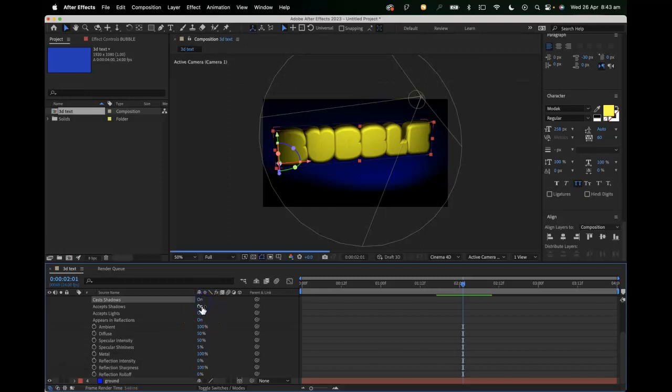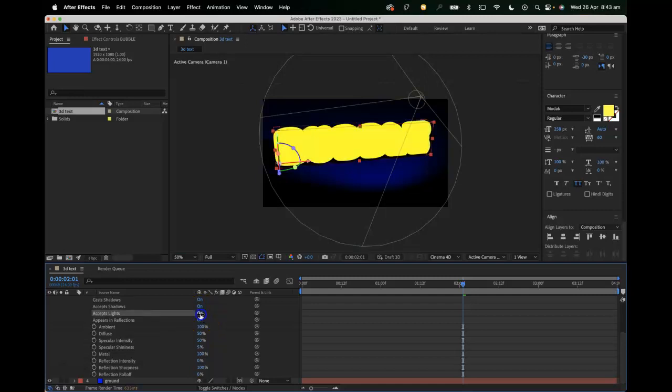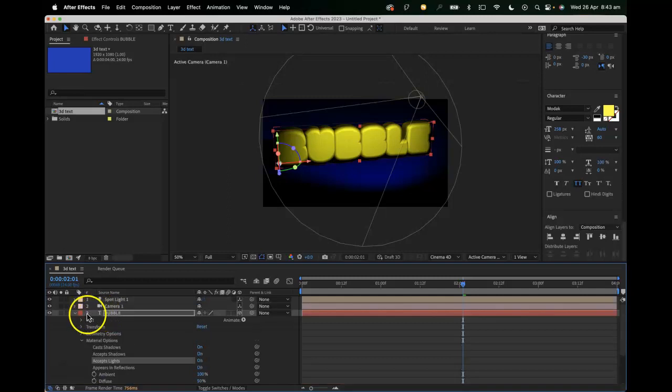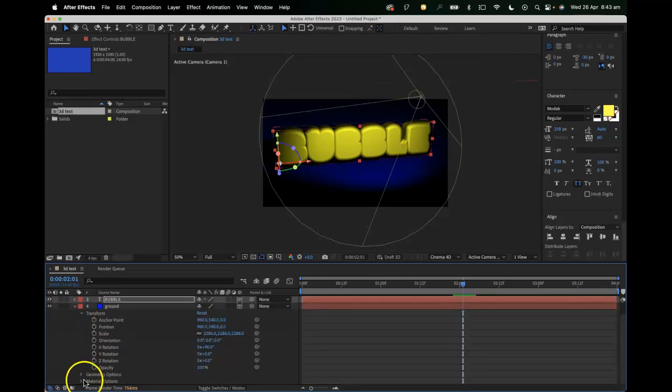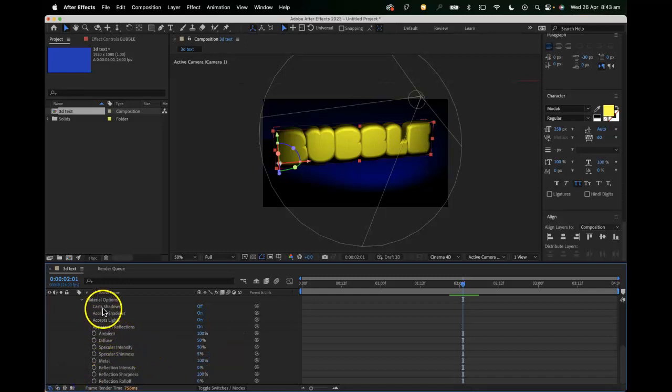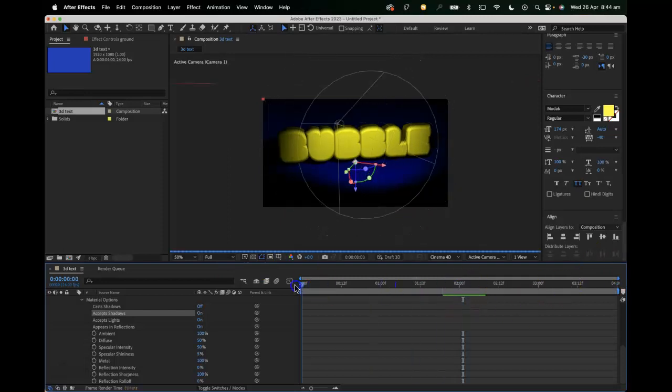We'll cast shadows on and accepts lights on as well. We don't need to have accepts shadows on our text, but we do want to have that on our ground plane. Accepts shadows on. So now we can see that